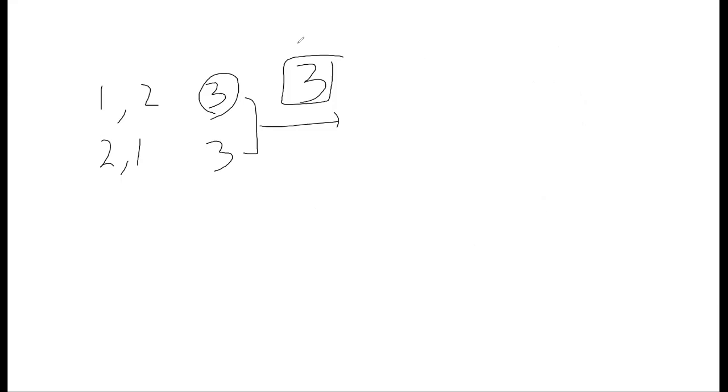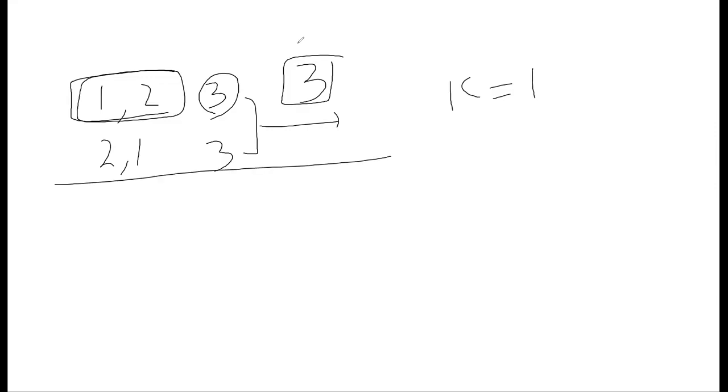So if we have k equal to 1, we just have to see what was the number of formations that were created by the earlier characters and just append 3 to the end of that. Right? And what next we can see is 1, 2, and then try to insert it here.